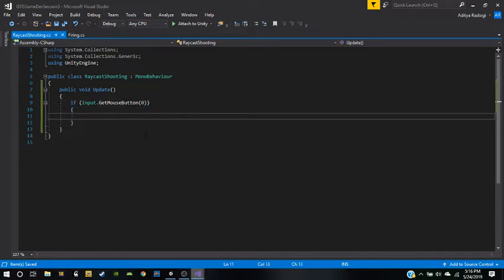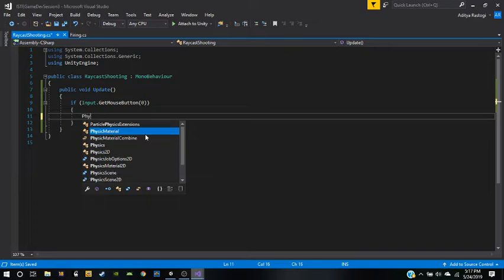So how raycast works is you enter coordinates for position and a particular rotation, and then you enter a range. A ray travels in the direction you have given from the position you have given for the range that you have defined. And if the ray hits anything in the middle, then the ray stops at that particular point, and you get information of the object it has hit. So the code for this is